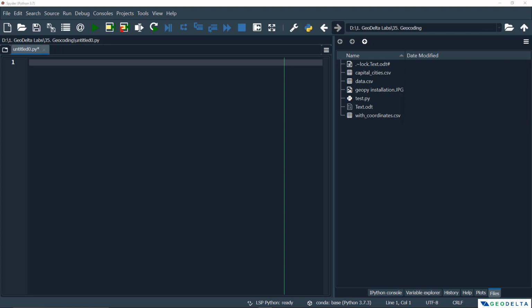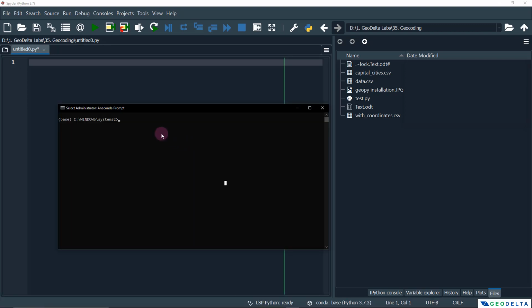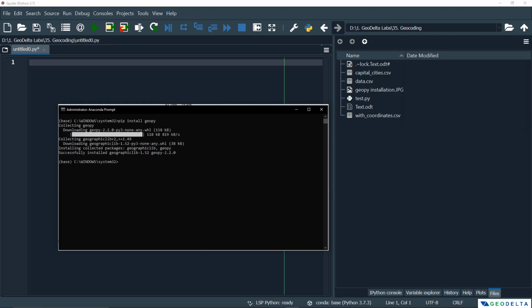So I'm going to open up the Anaconda prompt, right click and run it as the administrator. And to install, all you have to do is simply type pip install geopy, and when you hit enter, you will see something like this once the installation is completed. And that means we can get started with retrieving the coordinates of the places that I showed you guys just